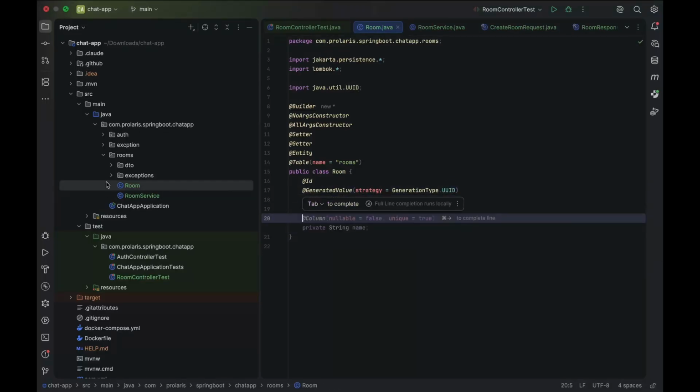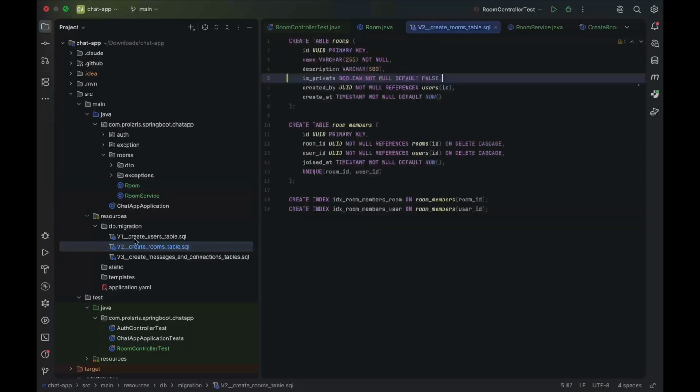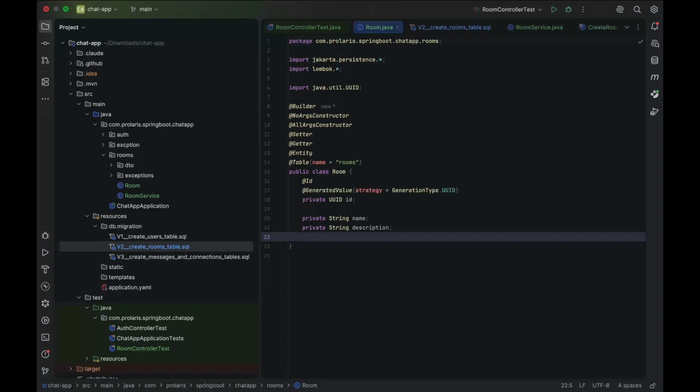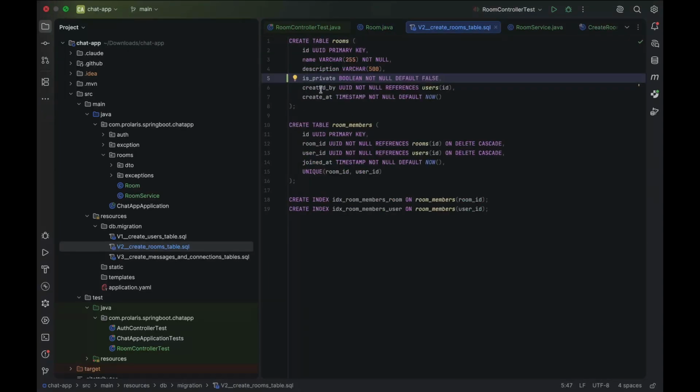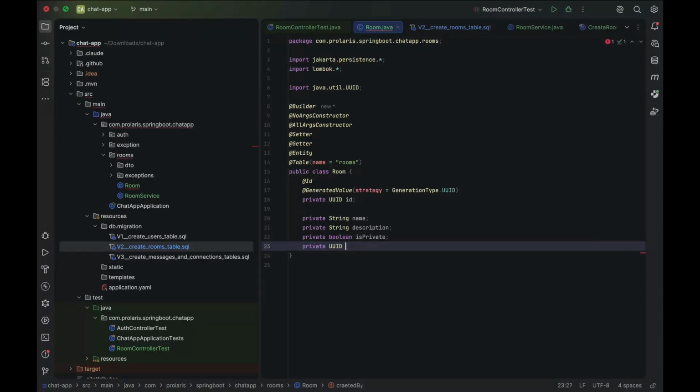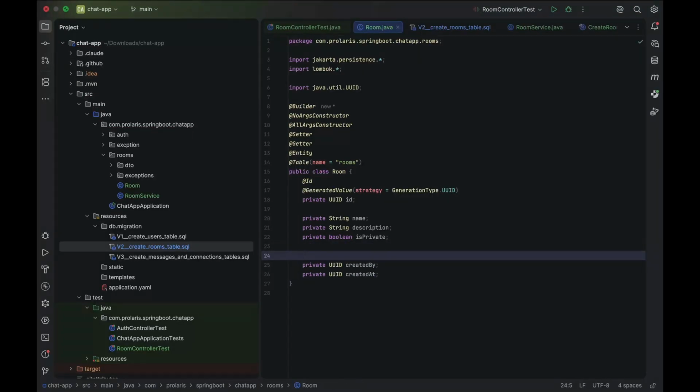Great. Now let's see what columns we have in the rooms table. We have the name, description, private, created by, and created at. So right here we can have the name. We don't need the column actually. The name, the description. We also have is private, created by, and created at. So a boolean for is private and created by and created at. Now this is one of the occasions that we will use the column annotation, and we'll find the name, which will be